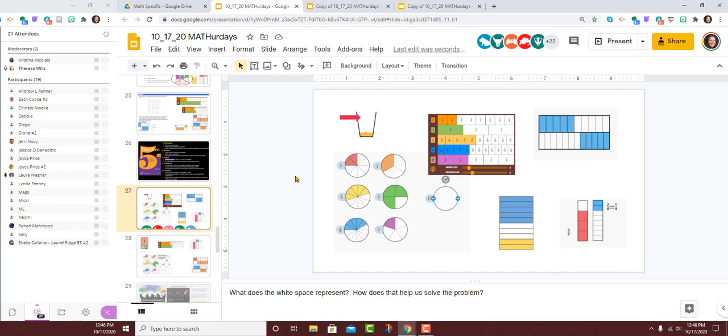It's me, Laura. That's just a GIF that I pulled just so that we could see visually. And to me, the white space is how much is left before you fill up the cup with paint. Excellent. Thank you, Laura, for bringing that one in there. It was such a great visual.